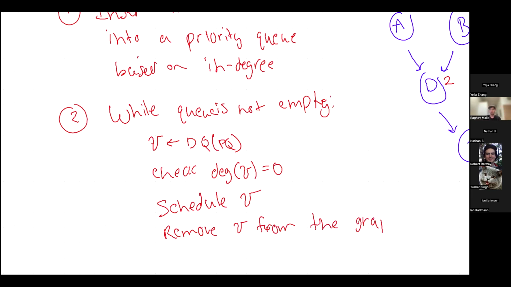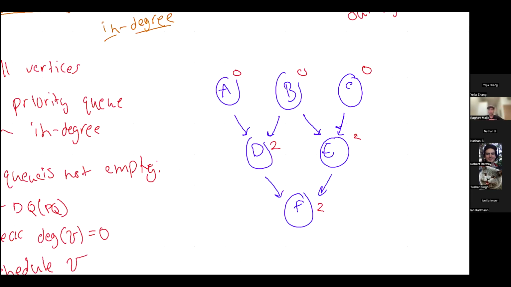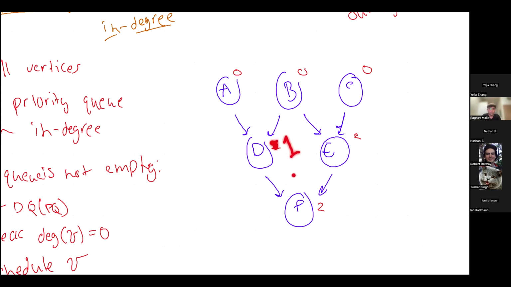right? The idea here is that the graph, instead of tracking all of the targets, tracks the targets that we have yet to build, right? So if we start by scheduling A, we remove A from the graph. In particular, this means that the in-degree of D goes down to 1, right? So